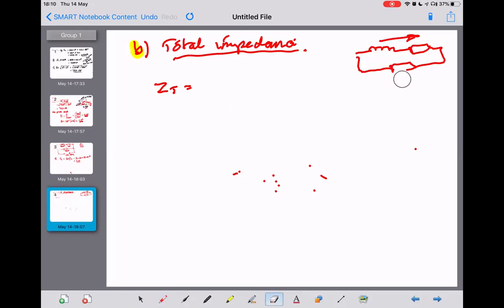Let's draw this as R, that's RL, and that's XL. So product over sum is